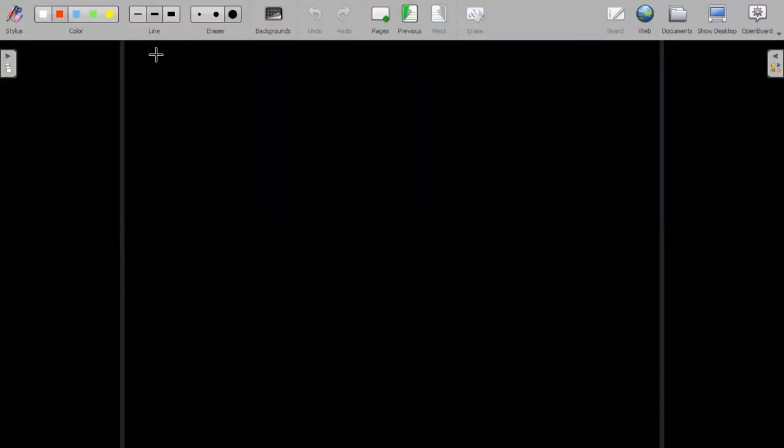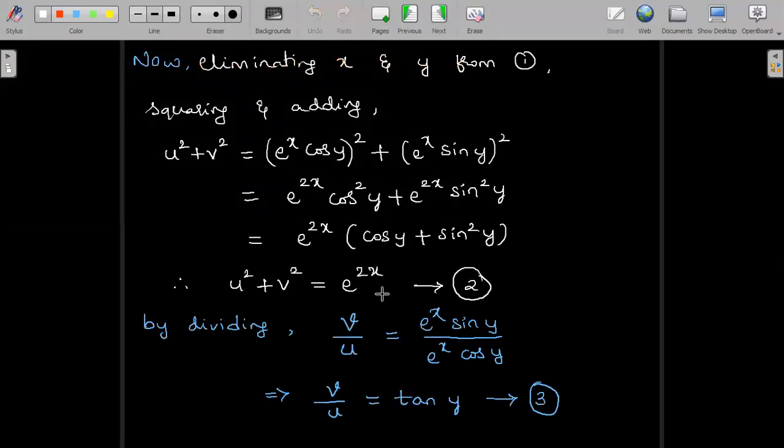So let us perform case 1. Let us assume x is equal to constant, say C1, where C1 is a constant. We took x is equal to C1. So what happens to equation 2? Let us check. Because x is equal to c1 we are taking, we have to substitute in equation 2 only. There is no x term to substitute in equation 3.